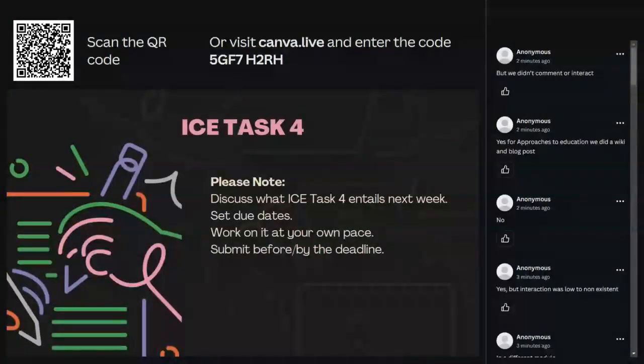So it will be due on the 13th of August, and as I mentioned earlier, next week I'll start off with task 4 and then we'll dive into sampling. For task 4, I'm going to do exactly the same as what we did today, but without the introduction part. We're going to discuss what ICE Task 4 is. I'm going to upload that recording and set a deadline for it. I've already planned the deadline, but I won't bombard you with too many things today. So the deadline for ICE Task 4 and the clarity will be next week. Then those two dates will be set and the activities will be live and you can go in and edit and work on it as much as you can. By the deadline, I will start marking and give you feedback.